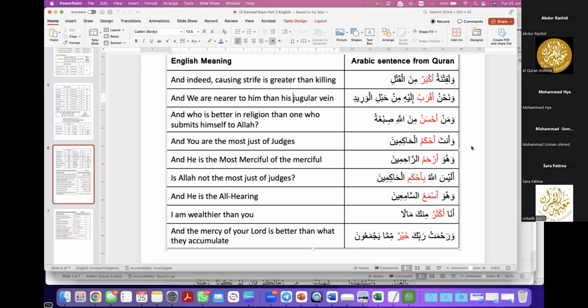Asma is the af'alu pattern, so I think it's superlative and it's very similar to the previous example. Ahkam al-hakimin, asma al-sami'in. Hakimin and sami'in both look like ism fa'il. So those who listen, he is the most hearing of those who hear. Okay, that's absolutely fine, mashallah. I would like to just draw your attention to one point. As you know, apart from zarf and ala, other ismul mushtaq, all of them may